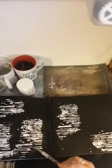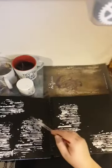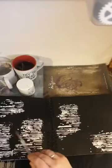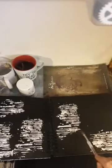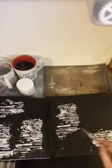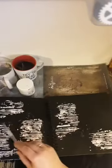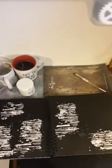Maybe they take a bit longer to dry, so it makes the blending a bit easier. They're kind of smoother, so if you like blending colours, you might find oxides really useful. They're also quite unique in that they will show up on dark surfaces really well, because of that kind of chalky nature, the two types of ink in there. So I'm going to dry that